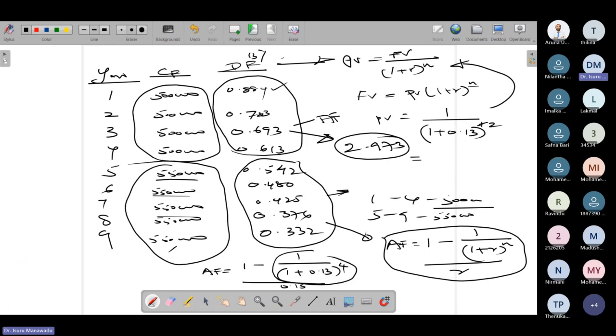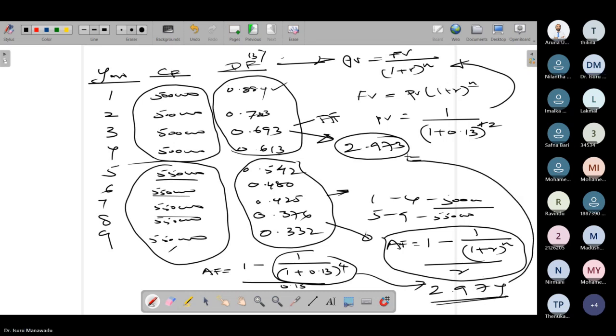First, we can get the answer for the circled part: 1 divided by 1.13 power of 4. Press equal. Then you have received 0.613318 something. Then that answer can be deducted from 1: 1 minus answer equals. Then you have received 0.386681 something. There are many decimal places. Then that answer can be divided by 0.13. Then I hope you have received the same answer, 2.974.